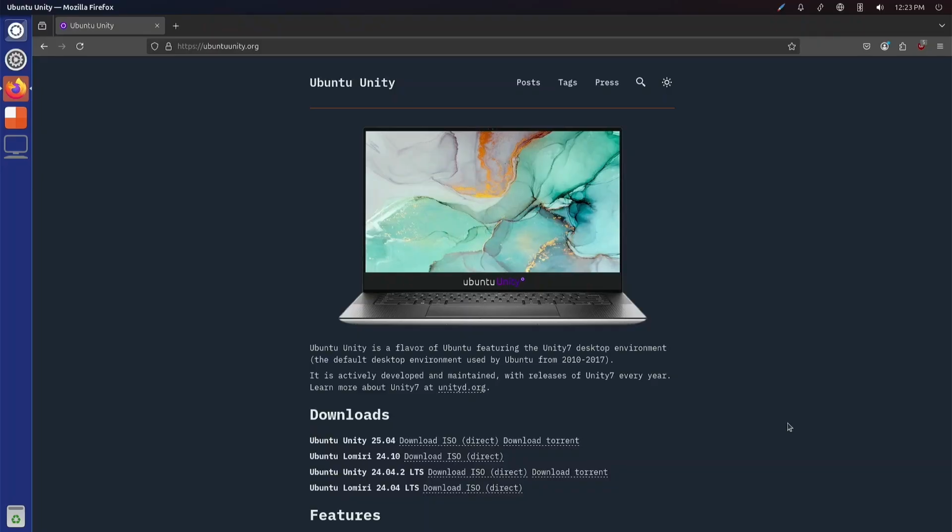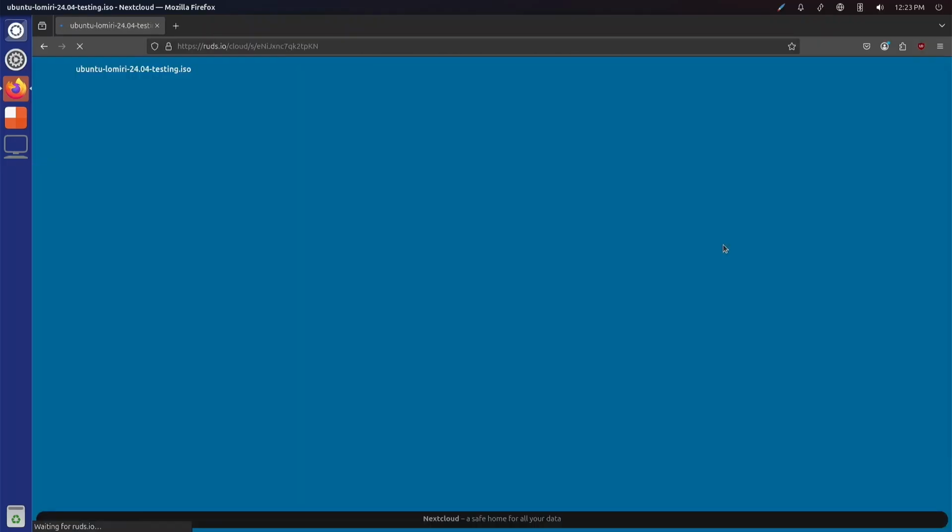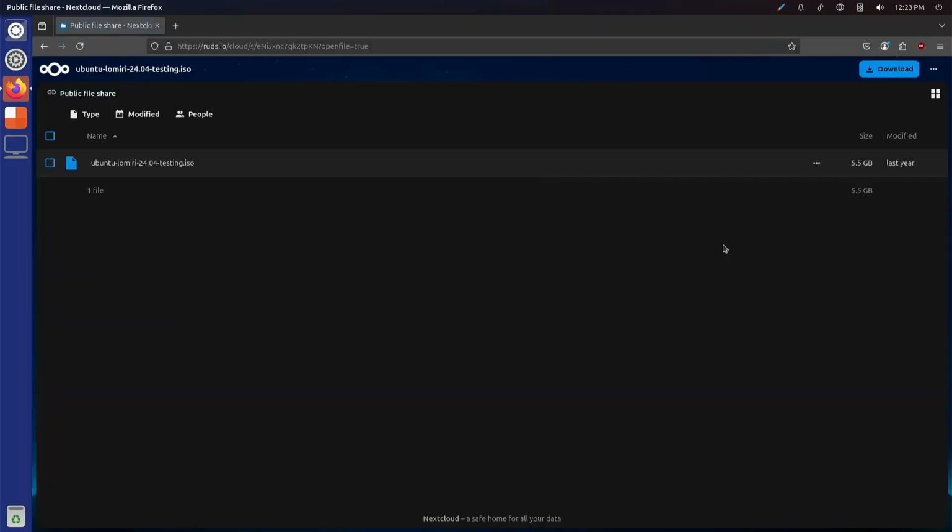All right. So Unity 8 never came out. You want to know what Ubuntu Lomiri is here? Well, apparently it is Unity 8. Basically. All right, now this is a testing.